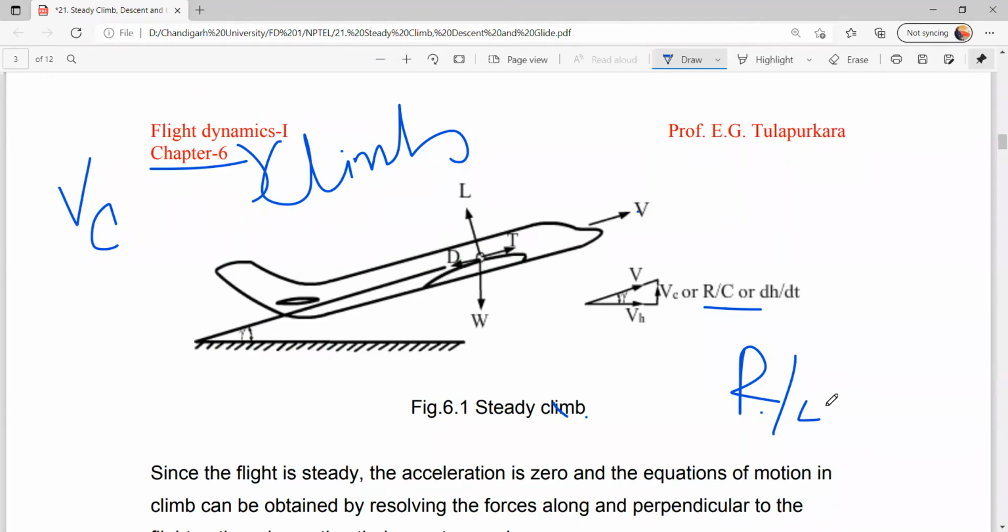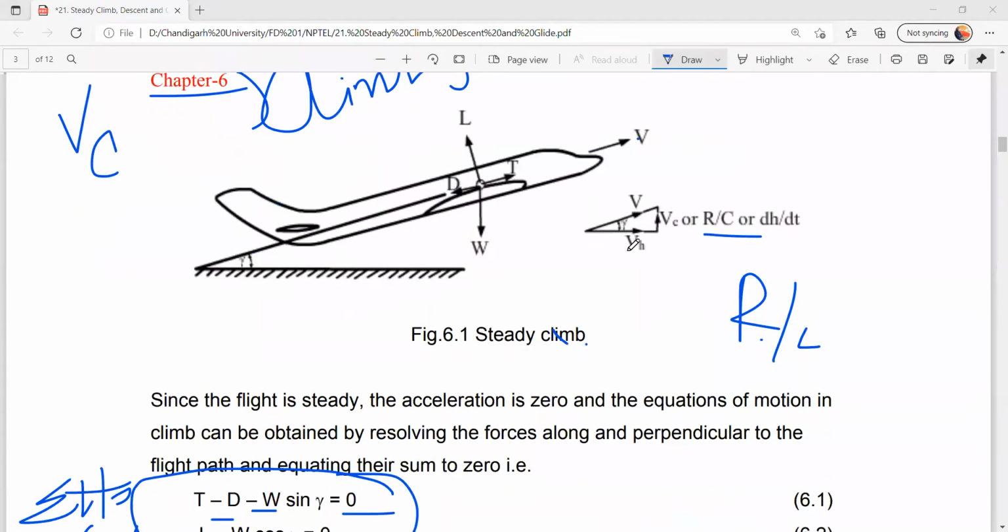The pilot is able to see the readings, but it is our duty to instruct the pilot which is the suitable rate of climb. So as a designer, I will be calculating for my aircraft what is the suitable rate of climb, and I will be giving the details to the pilot, so he will fly at that rate of climb. Okay, so let's see how it can be done.